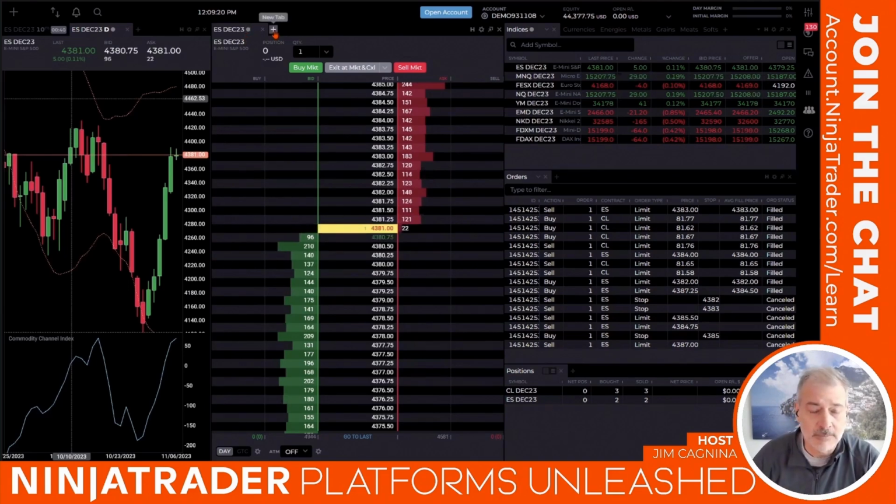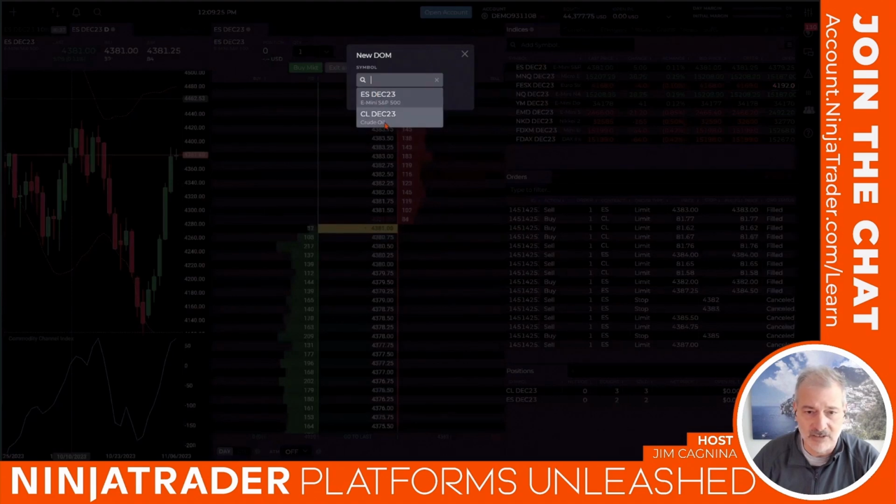Now there's a plus tab next to it. That's right, I can add another market here. I can click on the plus tab and say, let's add crude oil. I can search for anything, to be honest with you, but it's a smart search. You type in a keyword and it'll give you some options. So if I wanted to do notes,